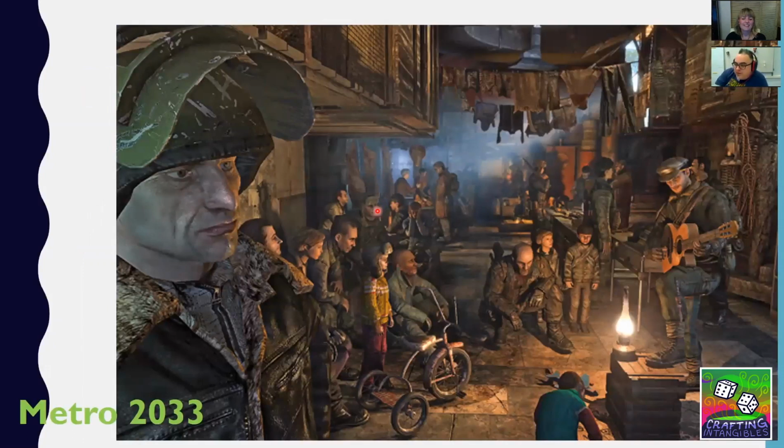Here we have Metro 2033, and they do a great job of portraying the dark, underground, squalid existence that the surviving Russians now live in, because everyone lives in the underground subway, and actually various stations belong to various factions and ideologies, and they're all crowded, they're dirty, they're very noisy. You can hear people singing, selling their wares, children laughing, crying, pigs snorting in the background.